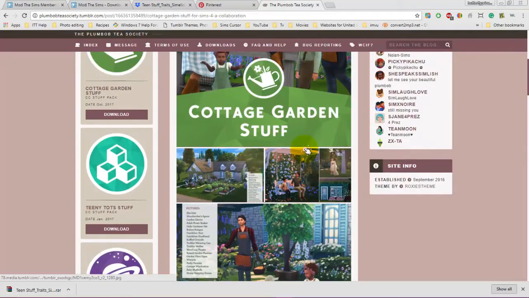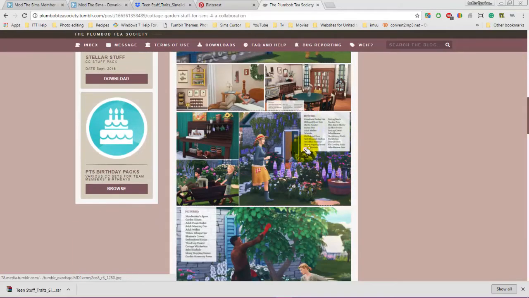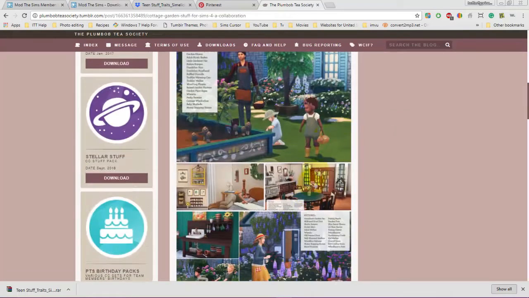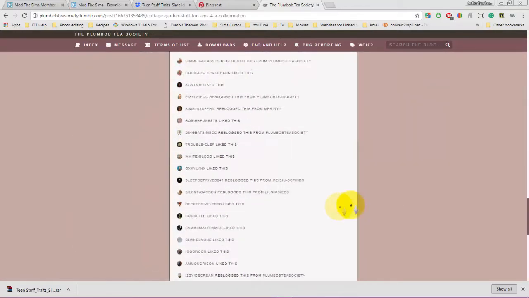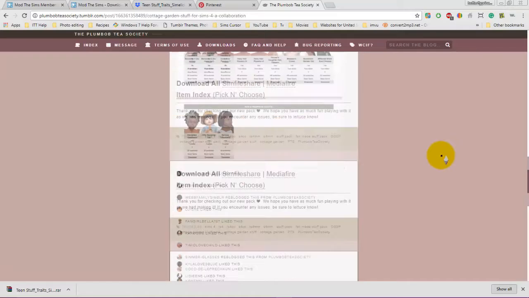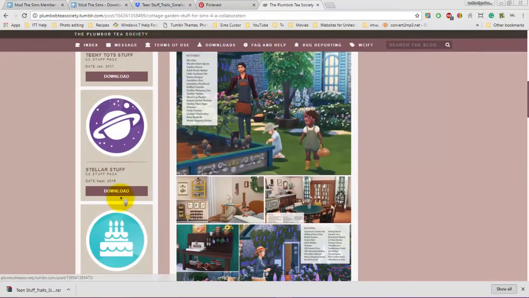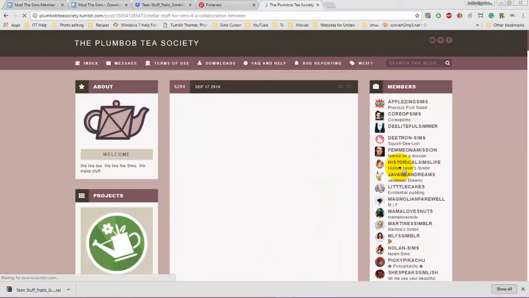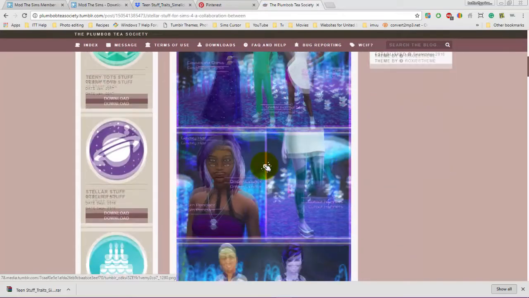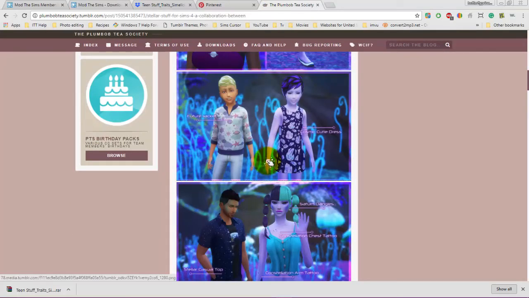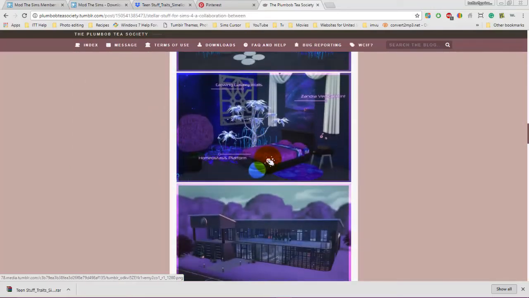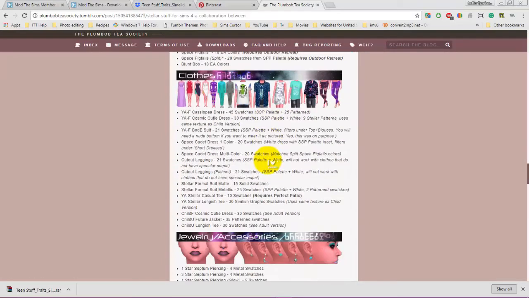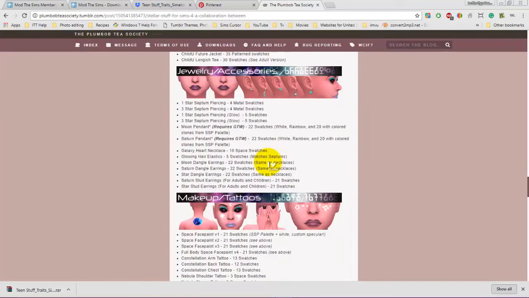Definitely love their content. I will say that. My favorite pack has to be the Stellar Stuff Pack. Because one of my favorite colors is purple, and this pack included a lot of purpley, sparkly hairs, purpley and sparkly tattoos, beds. They have this really cool